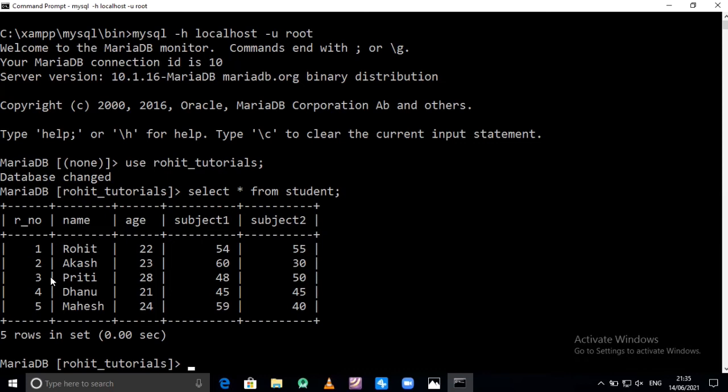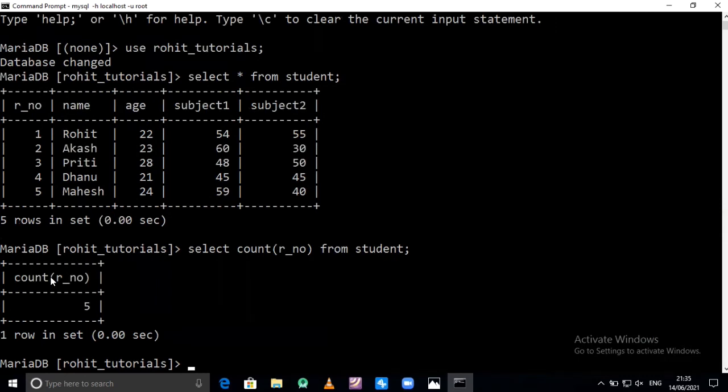So for that I use the command select count, in brackets give the attribute name, any attribute you can give. Suppose I give r_number, that is roll number, from student; Here we are getting the value 5 because there are 5 tuples available in the table.